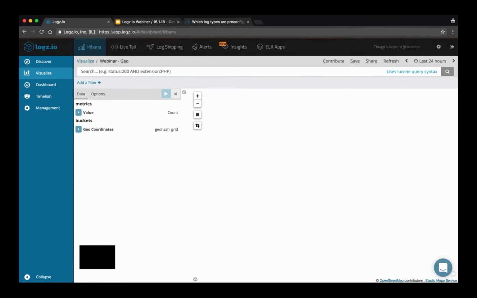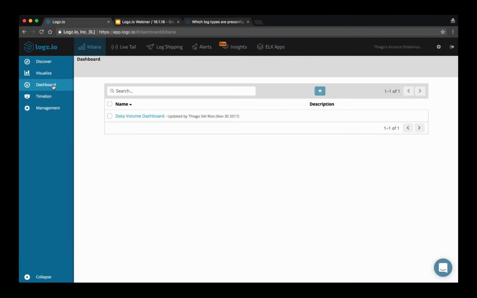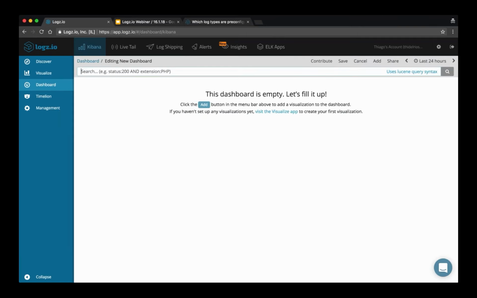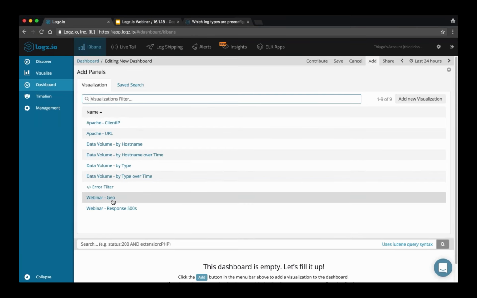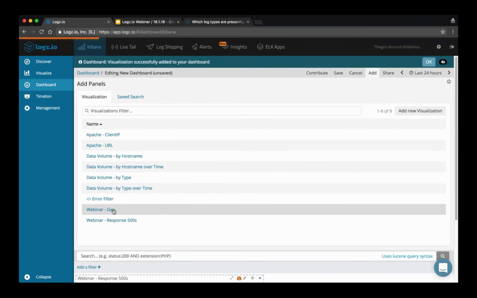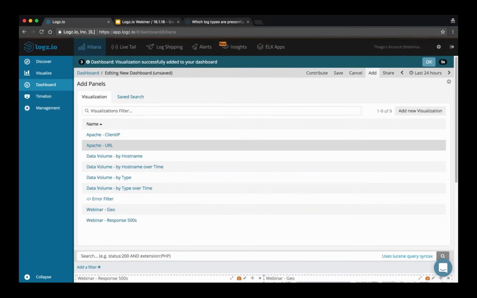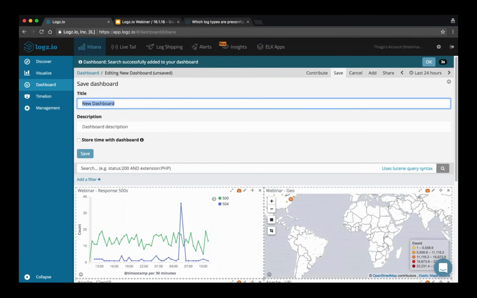Going back into my visualizations, let me just check one more thing. What I would like to do is Apache. There you go. This is what I need. Let me go back into that again. I actually had some pre-configured visualizations with a different naming convention, so let me correct that. I'm going to put responses, geolocation. I'm going to add the client IP and URL that I had created, and I'm going to put that saved search as well. And by saving this,